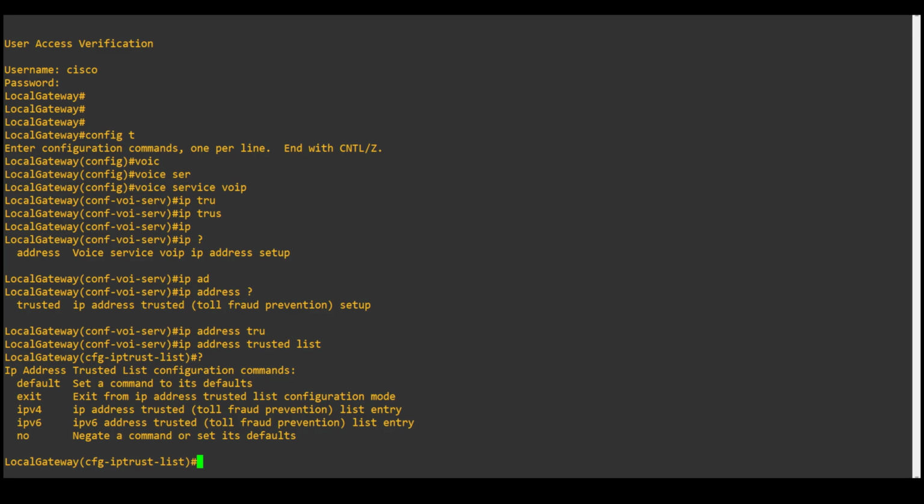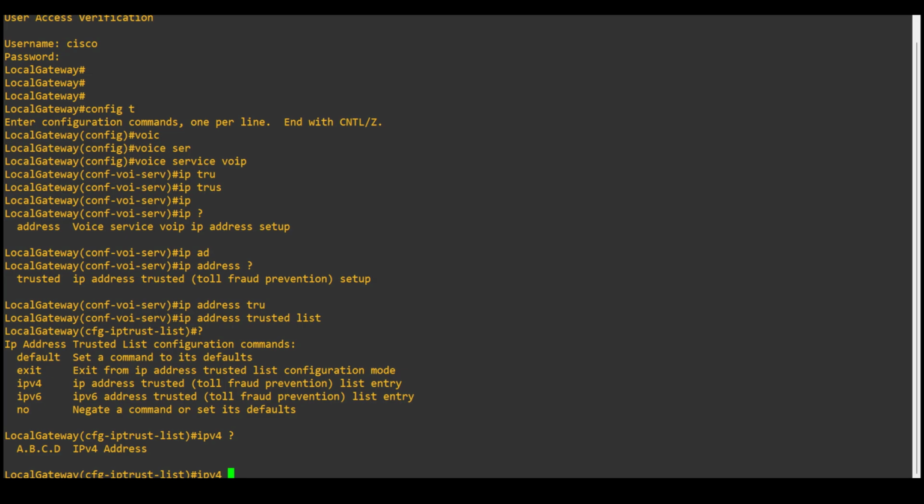We have different commands to specify the IP address version 4. For this video, we are going to open the whole range of IP addresses with a wildcard. To open all IP addresses, use 0.0.0.0 with mask 0.0.0.0. With these two parameters, IP address with all zeros and mask with all zeros, you specify the whole range of IP